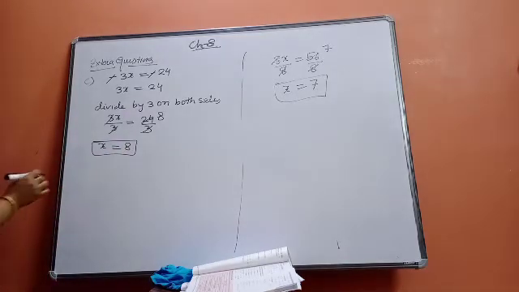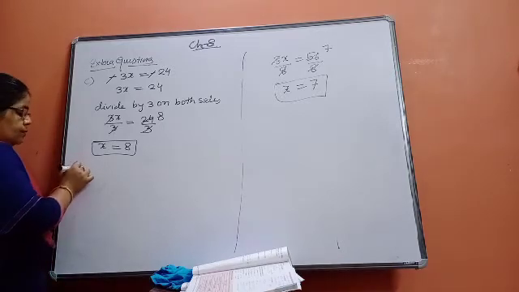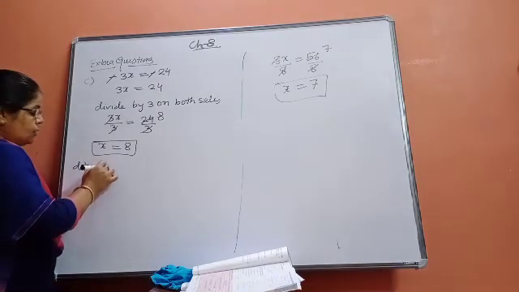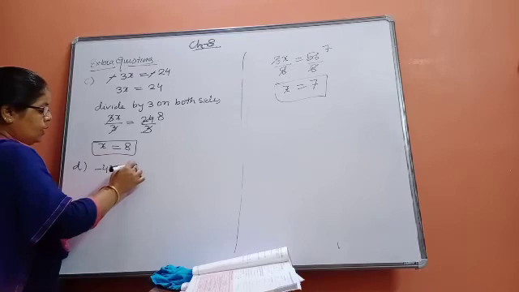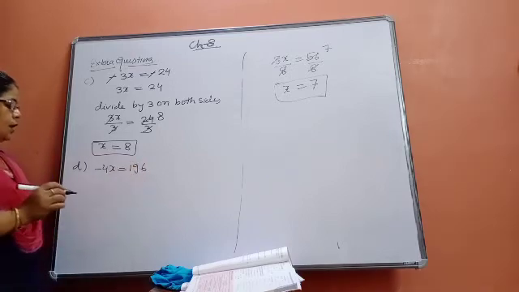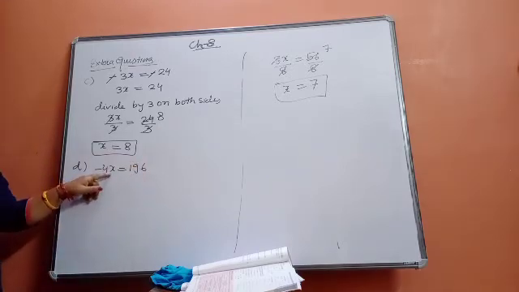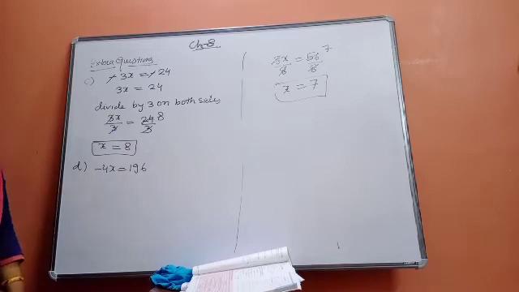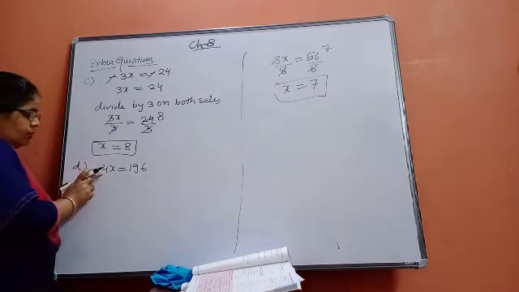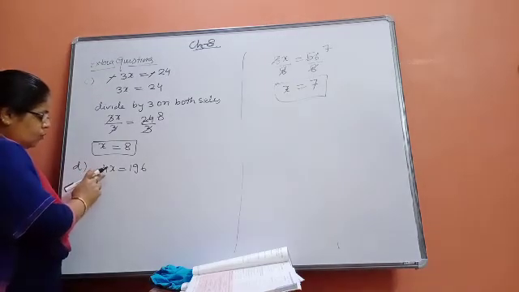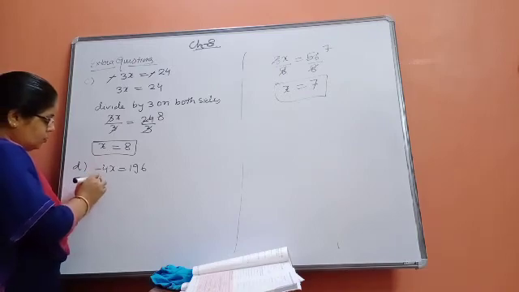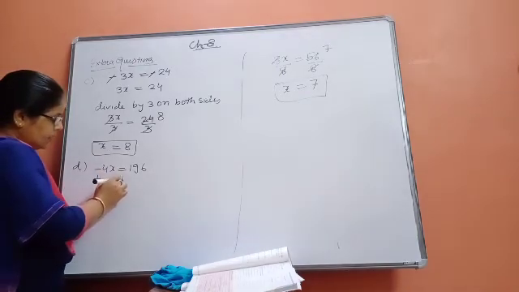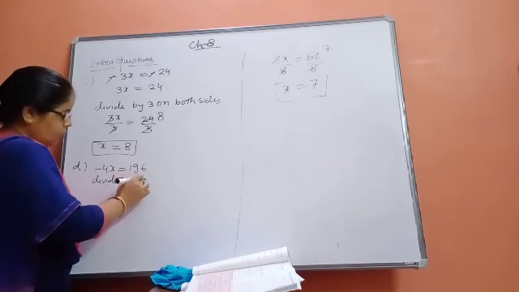See, now B part. That is minus 4x is equal to 196. Okay, here you can see that they are in multiplication, no other term. Here it cannot be cancelled because on the right hand side no minus sign is there. So whatever answer will come, that will be negative. See, now what will we do? Here we don't want this 4. So what you will do is divide by 4 on both sides.